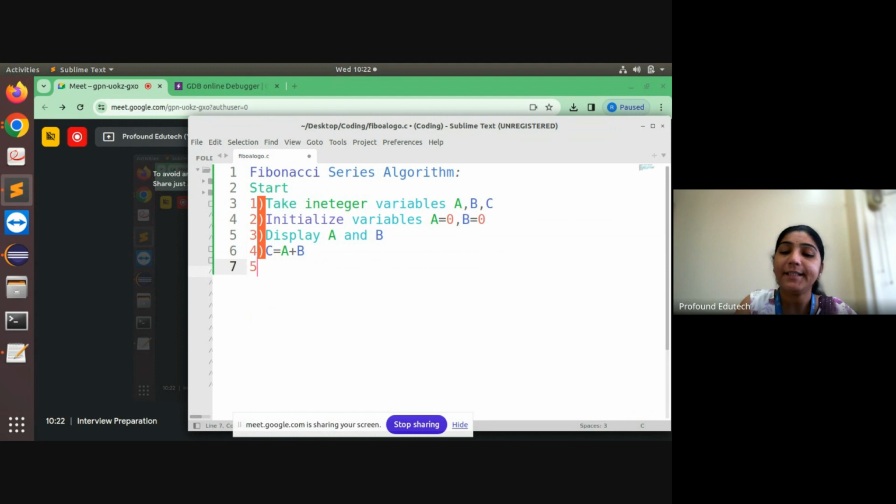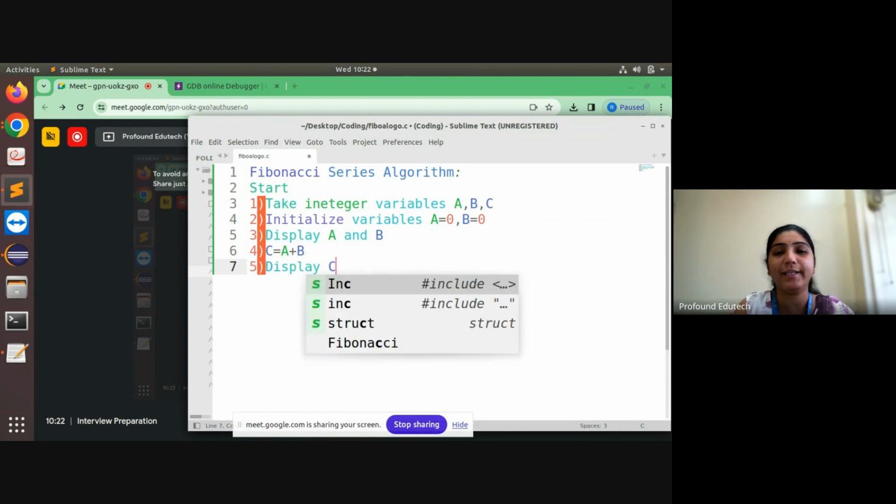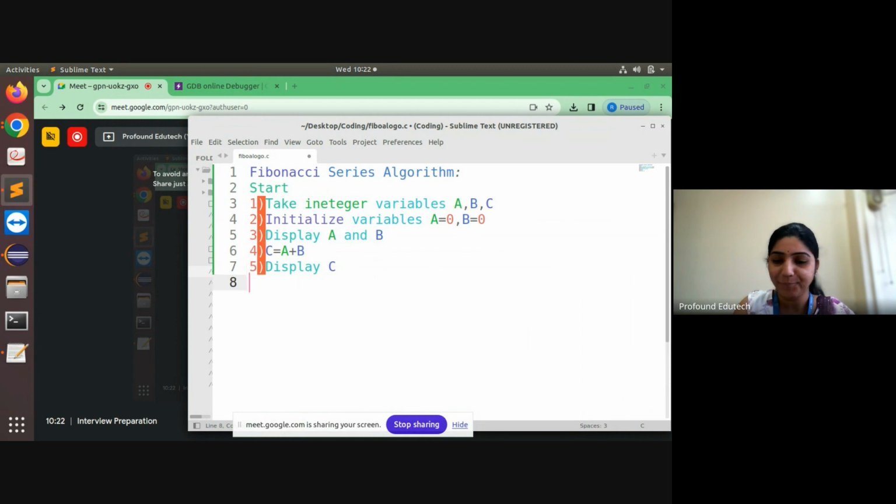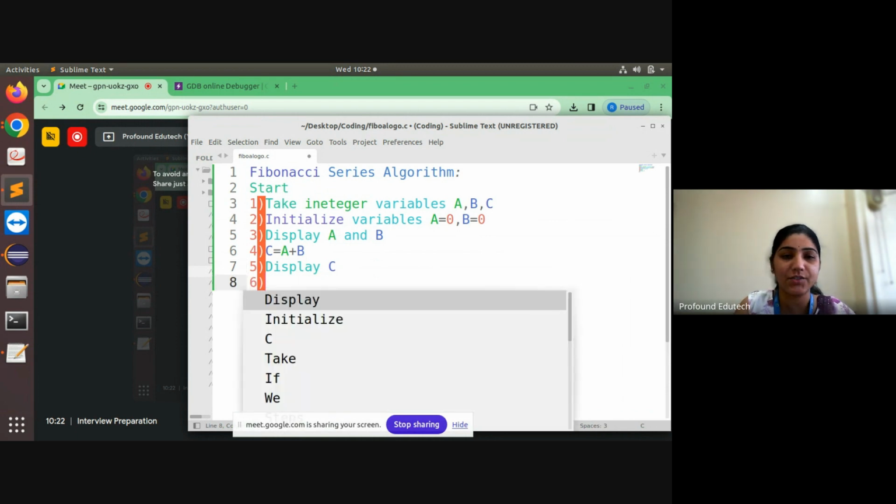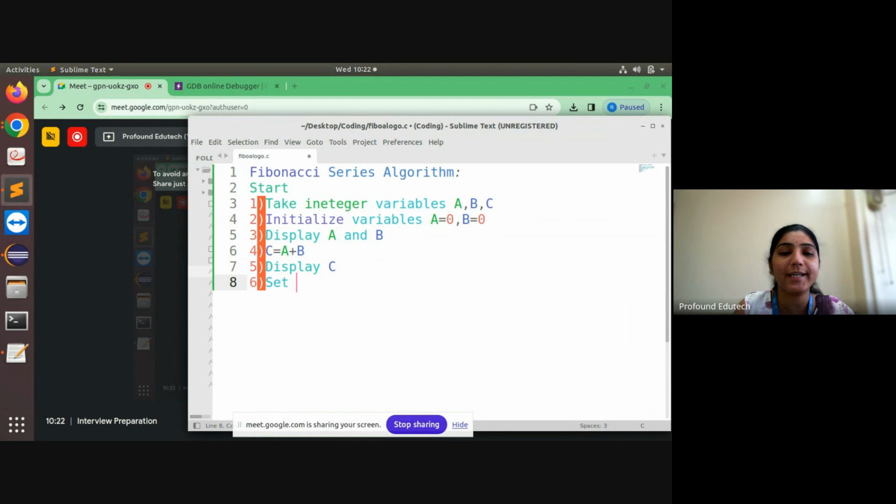Then fifth step, display value of C. Then sixth step, you have to set A equals B and B equals C. And last step, seventh step,